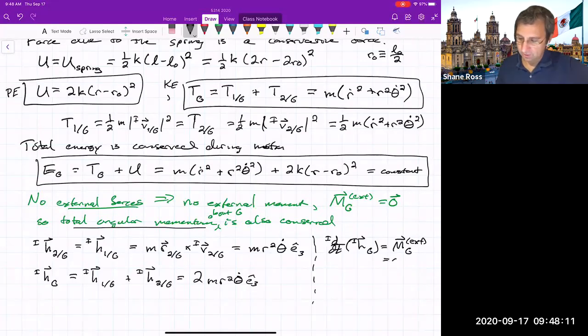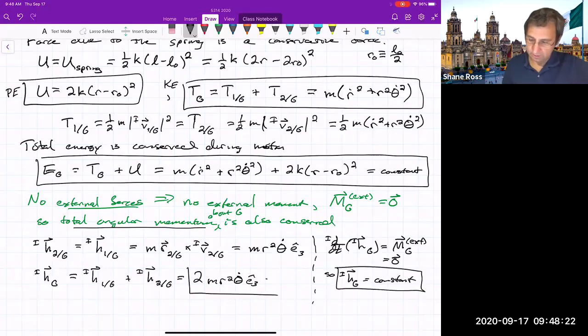And this is 0. So that means this is a constant. It's a constant vector. So this thing is equal to a constant,